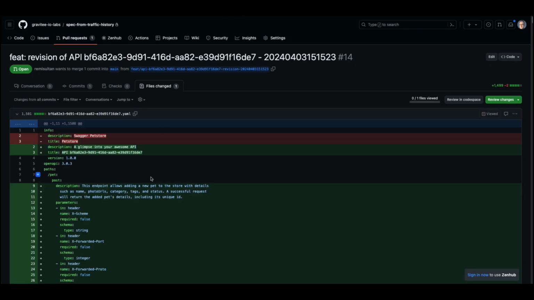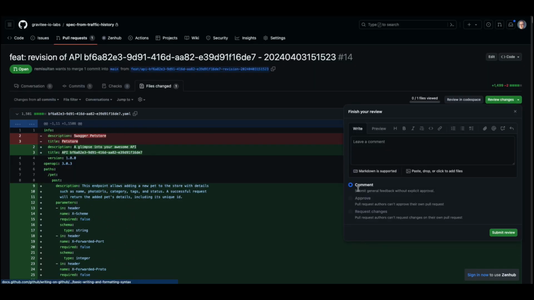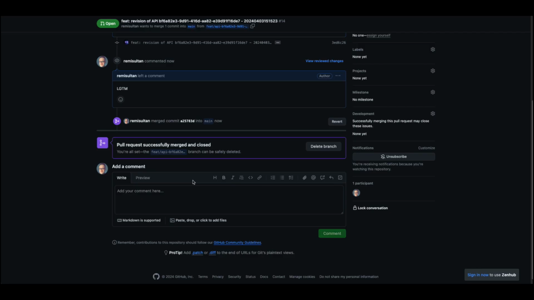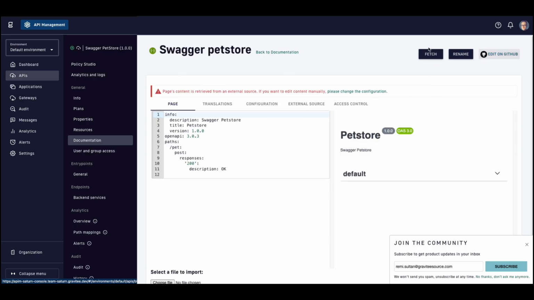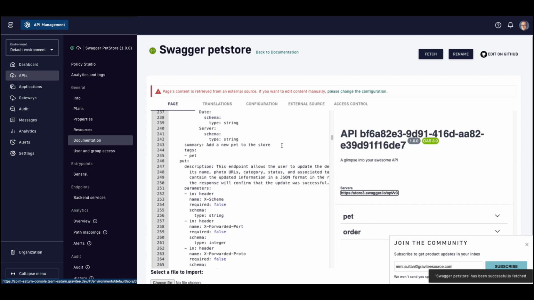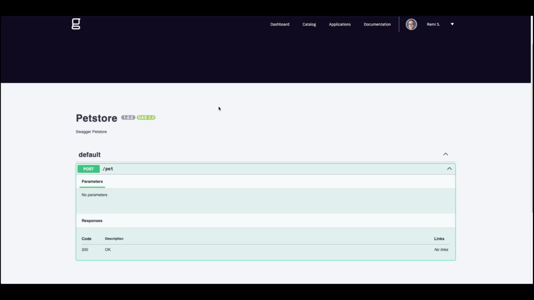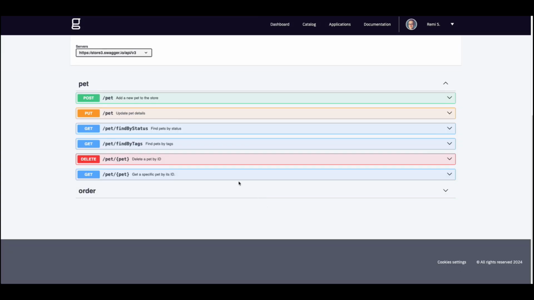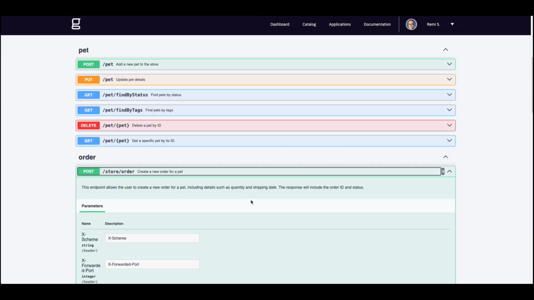The API publisher can now see the changes between the current version of the OpenAPI specification and the version detected and proposed by Newt AI. The API publisher will now review, approve, and merge the proposed changes. The changes can then automatically or manually be fetched from the repository to update the API documentation. A refresh in the developer portal shows the updated API documentation, including descriptions and examples generated by Newt AI's generative